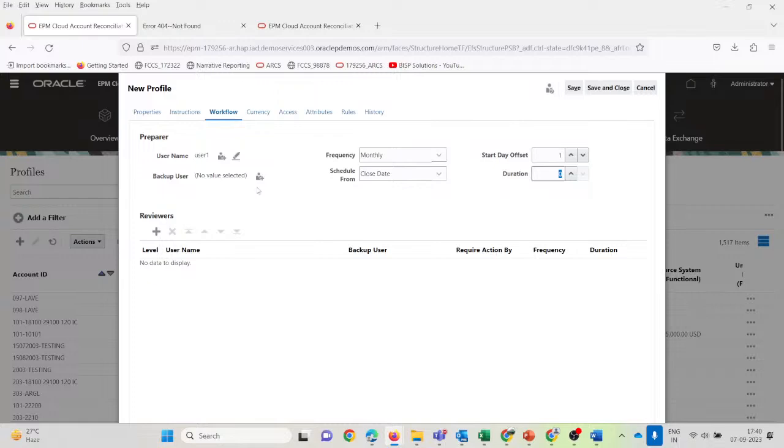Is there any backup user? No, no backup user is there. Then we will schedule it from the close date. Okay, and we'll give a duration of 1 day. Just save it. And from the reviewer point of view, whether we want to assign someone, then we will just go